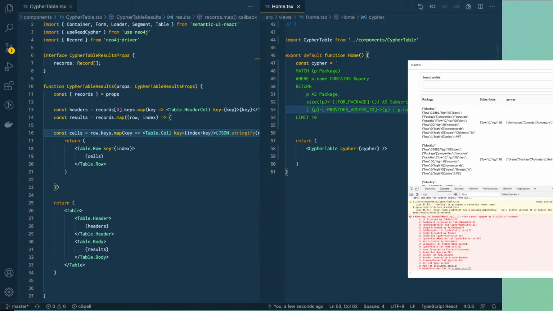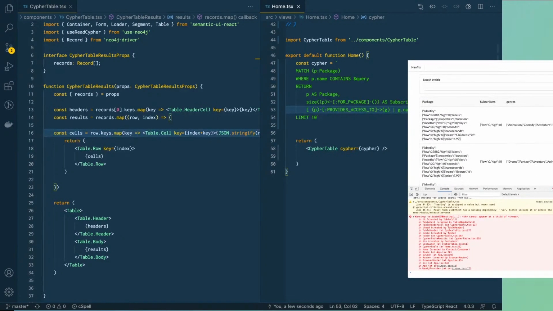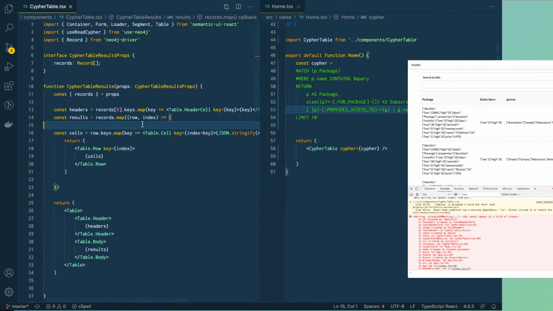So if we take a look back at the code here, so we've got this package, we've got the subscribers, so that's a Neo4j integer at the moment, and then we've got the genres, which is just an array of strings at the moment. So I guess, like, in order to